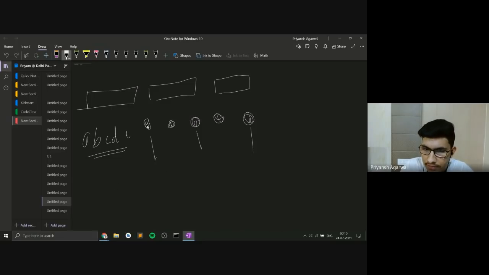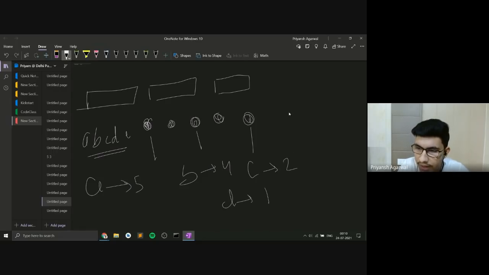So let's say the character that is occurring the maximum number of times in this whole subsequence that you've chosen, if you just club up all these words together and find the occurrence of every character. So let's say A is occurring 5 times, B is occurring 4 times, C is occurring 2 times, D is occurring 1 time, and E is also occurring 1 time. So here, my condition is valid because the character that is occurring the maximum number of times is greater than, sorry.